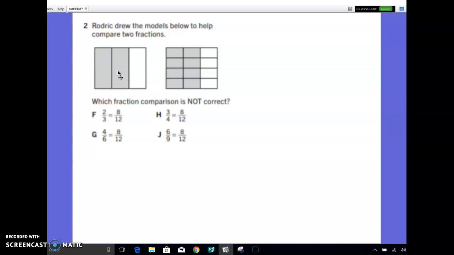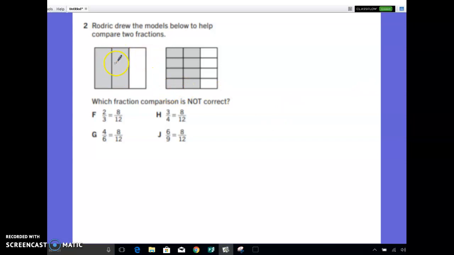All right, so what they're asking us to do says Roderick drew the models below to help compare 2 fractions. And it says which fraction comparison is not correct. So when we see that not correct, that means we're going to have 4 choices. 3 of them are going to be correct, and there's going to be 1 that's not correct. So that's what we're going to look for to answer that question. But I want to look back at this first